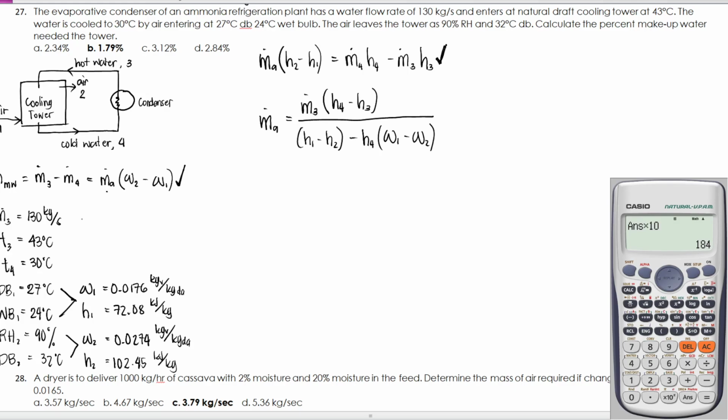So yun nga lang, may kulang pa tayong mga enthalpies. Kuhanin lang natin itong para sa water, H3 at saka H4. Manggagaling lang din naman ito sa steam table at they are equal lang sa HF corresponding to their temperatures. So, para kay H3, yan ay equal sa HF at 43 degrees Celsius. So, kung titingnan ninyo ang steam table at 43 degrees Celsius, ang HF ay 180.10